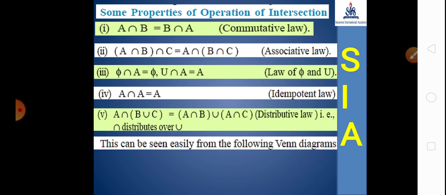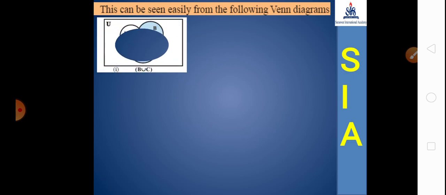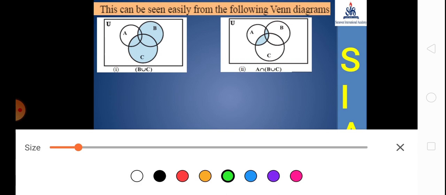So this is the fifth figure I am explaining by the Venn diagram. See here. First of all, three sets means generally you always represent them in three circles A, B and C. And look at that, the blue shaded region is for B and C, both mentioned in union form. That's why the blue colored region is only B and C. Second drawing, A intersection B union C. So you look at that, circle A and B union C, what is the common region here? Your common region is what I already represent in the blue colored shaded region.